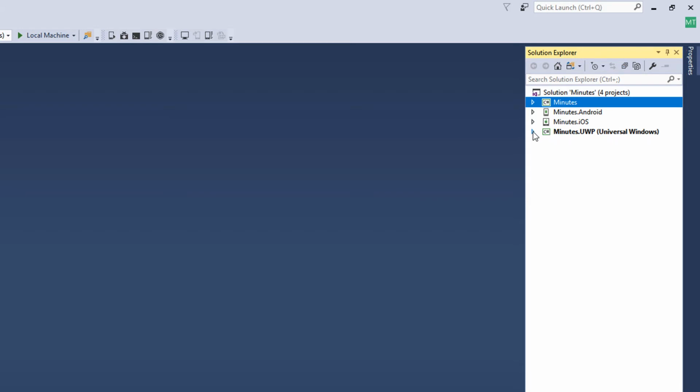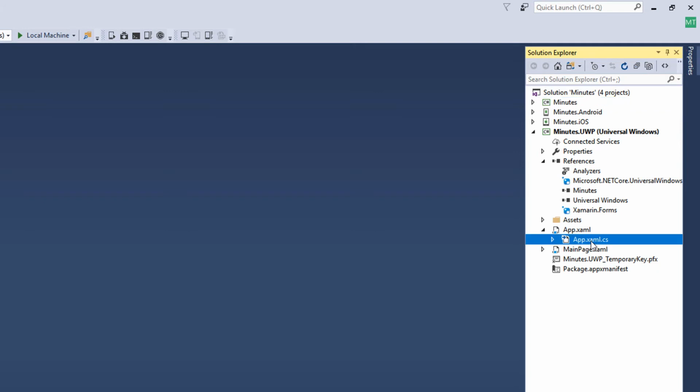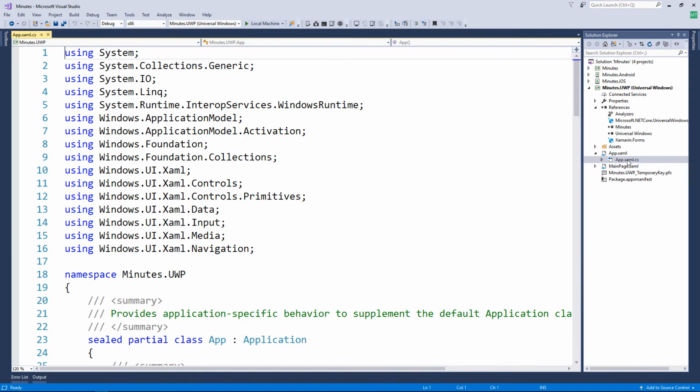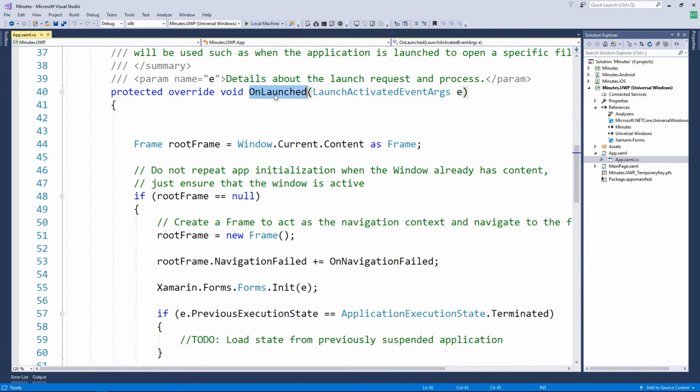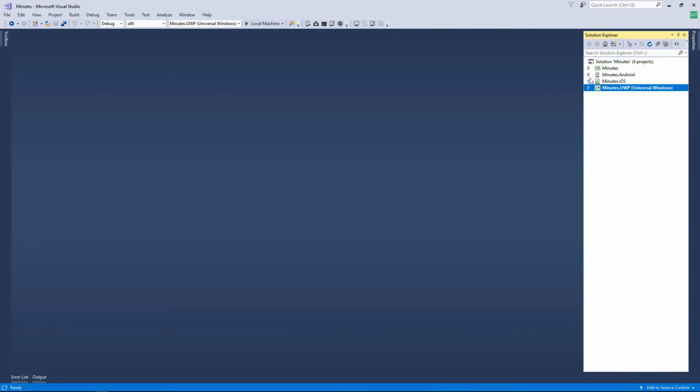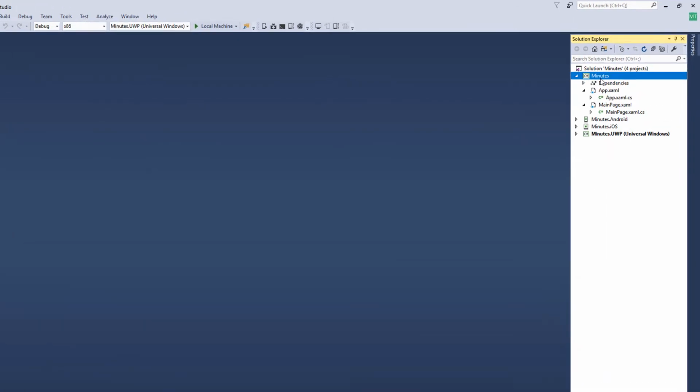So behind the scenes, what goes on is we get an instance of the UWP app class created for us by Windows. And if I open this up and scroll down a bit, find the onLaunched method. And there's one line in here I want to show you. That line right there, Xamarin Forms init, that's the thing that forwards control from the UWP startup code over to the Xamarin Forms shared UI. So with that line of code right there, we leave the UWP side of things and end up over here in the Xamarin Forms code.